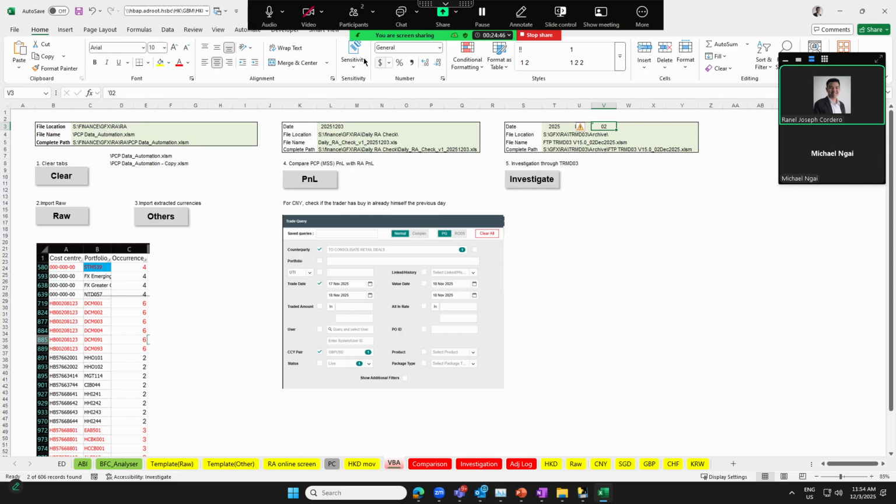Maybe you use a double quotation mark back and front together, like what I typed in the chat. Okay, yep, there. So you click the P&L button, and then you click the investigate button.